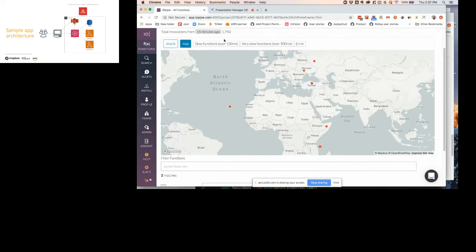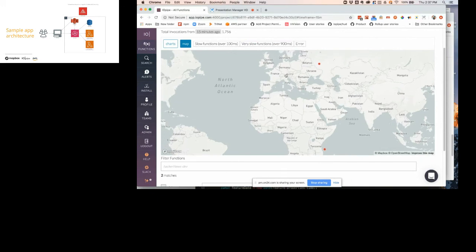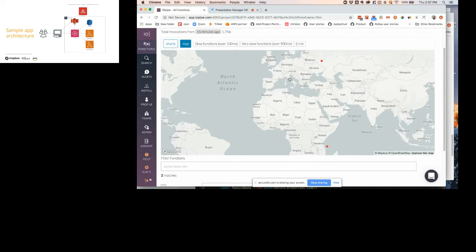Now if we want to filter down to, okay, show me functions over 100 milliseconds, I can see what's going on there. We're still working on the front end, but in the data we can map those individual features to specific invocations and dive right in. If we want to go really slow, I can see which ones are outliers, not only that they are outliers, but where they were called. Seeing the interesting patterns that might happen within specific regions is where we're getting excited about being able to play with this more.